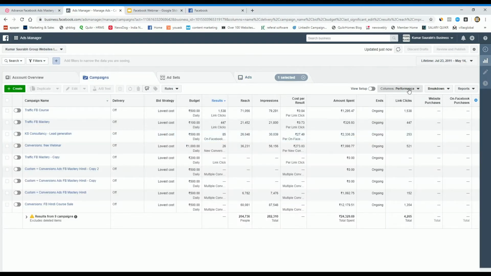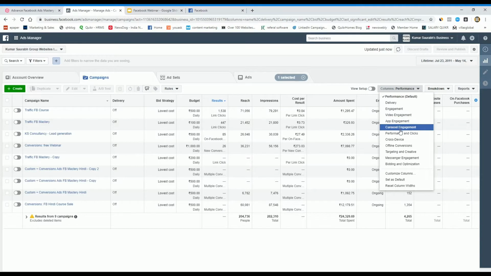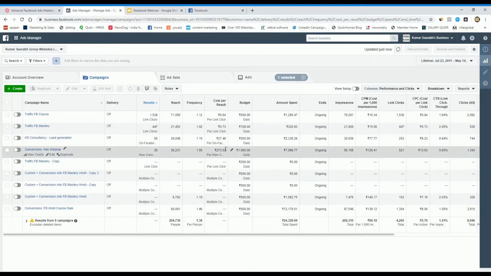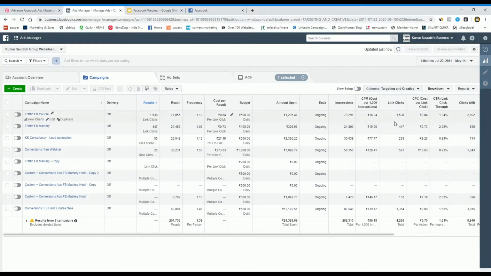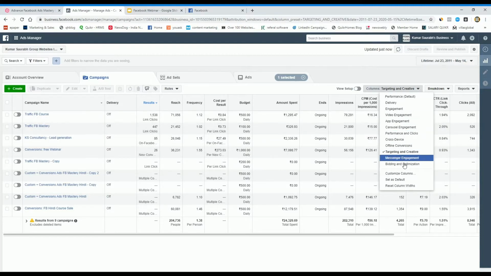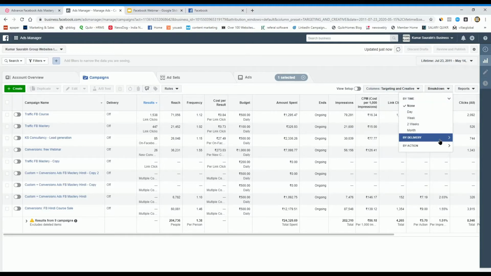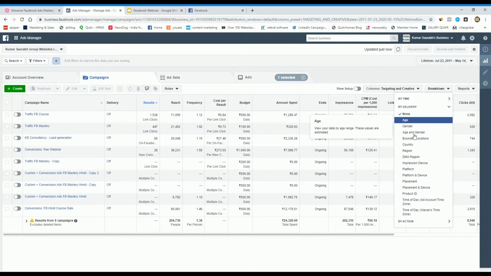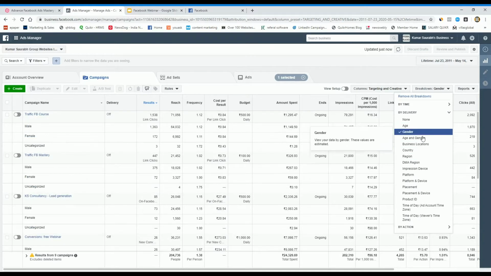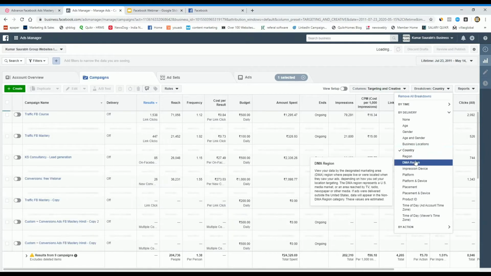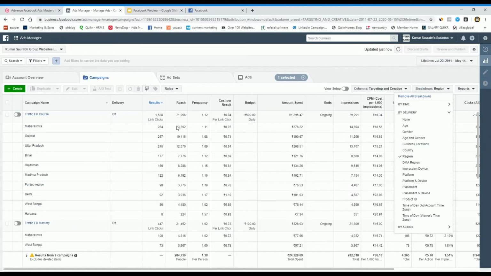Okay, and the second thing, so you can check how many people clicked on your advertisement. Okay, then you can check how many targeting and creatives. Then you can check, okay, now come to breakdown. So in a breakdown you can check by delivery, in which age group they watched your advertisement, which gender watched your advertisement more, okay, which country, which location, which region have already watched it.